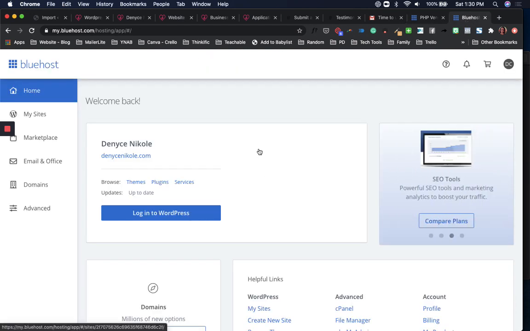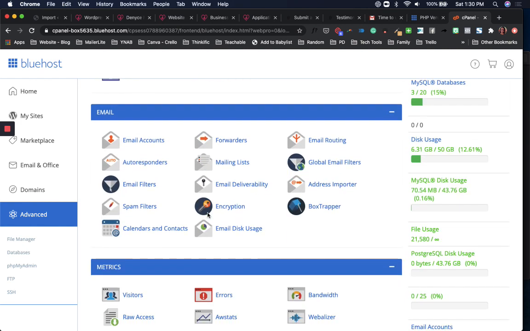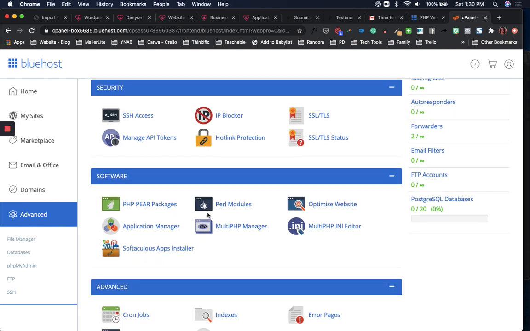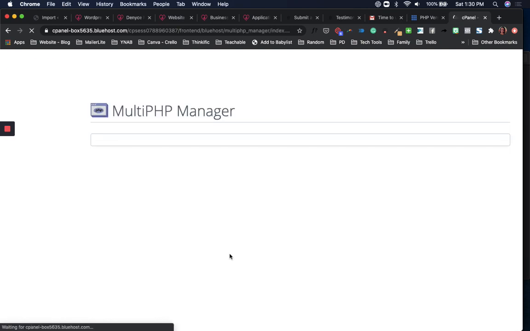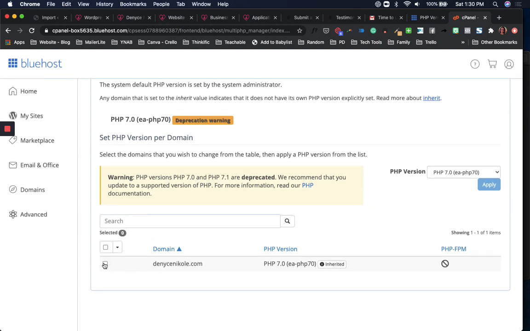I have already logged into my Bluehost account. I'm clicking on Advanced, just like it said. I'm going to scroll down till I get to the software section. And here's the Multi PHP Manager that they mentioned. So now that I see my domain, and it's inherited at 7.0,